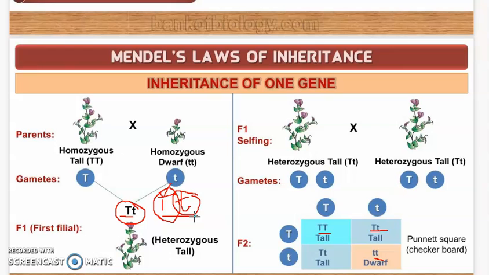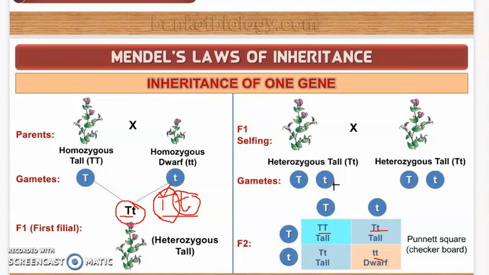He also observed identical behavior for all the character or trait pairs that he studied, not just height. He took the color of a flower and did the same thing. Again he got an F1 generation which showed the dominance of only one colored parent. Like that he did this experiment on all the different traits he had chosen, and the results were all the same. What were the results? One was dominant, the other was recessive. One trait of one parent was dominant and the other was recessive.